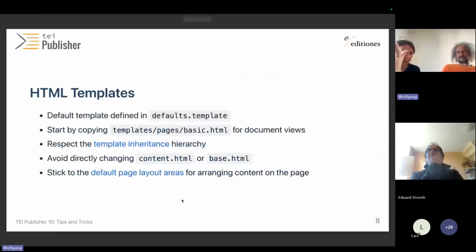So we covered CSS, API, JavaScript, and then there are HTML templates, and maybe I'll pass this on to Wolfgang because my voice is giving out. Yeah, so there are various HTML templates in every app, but for the actual document view, which is the one